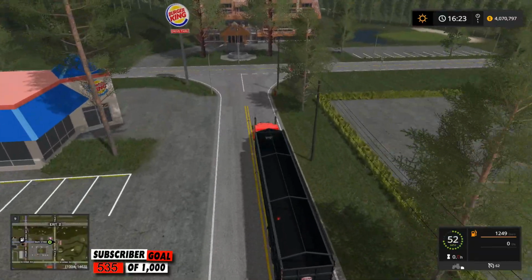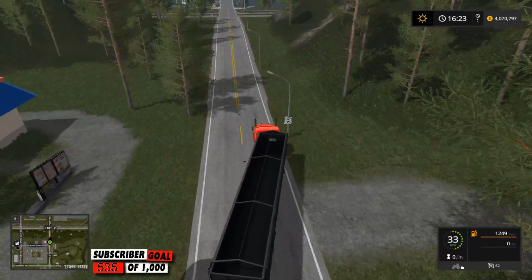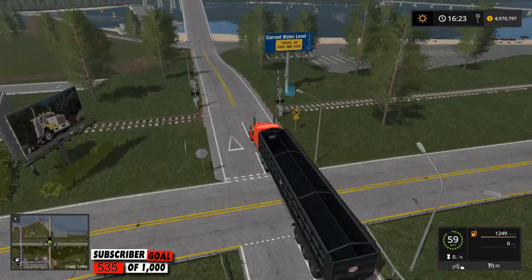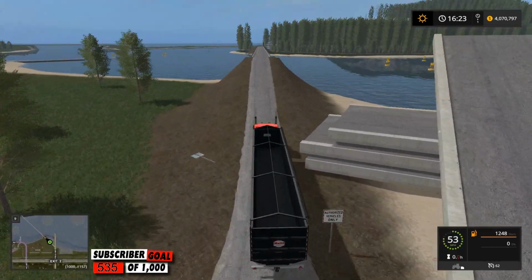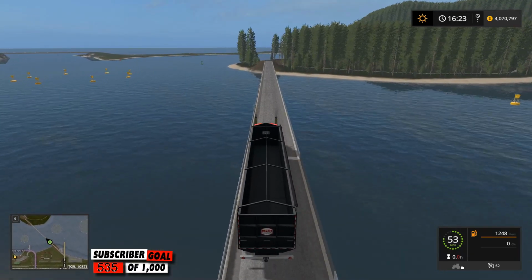And I like this trailer too because I've got a big Travis end dump that holds 150,000 liters, but the FDR chipper has a hard time offloading into that thing, and this one you can just dump right over the side with no problem. And that's less than half the capacity, but